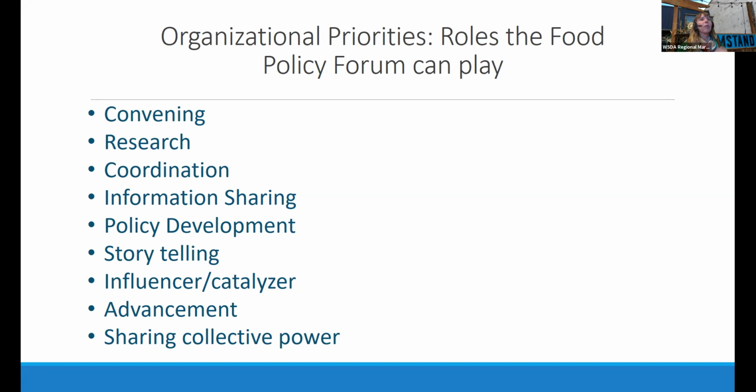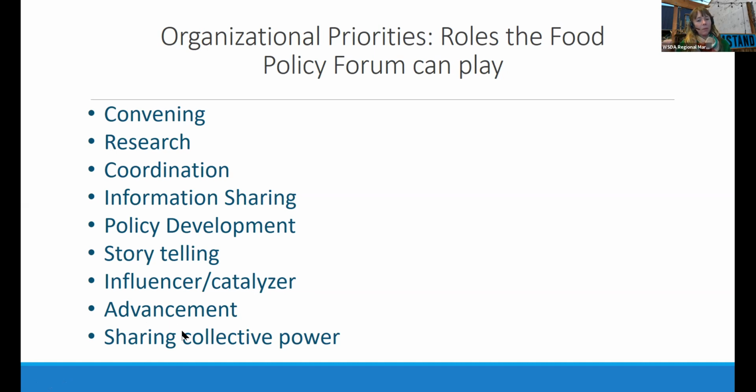And so the forum has really identified that its strengths are convening conversations, convening very diverse sectors of the food system to talk about issues from their various perspectives, coordinating, sharing information, developing policy recommendations, telling the stories of successes and challenges in the state, and being an influencer. And in fact, it is one of the few boards or commissions, task forces at the state level that spans really such a wide geographic and sectoral